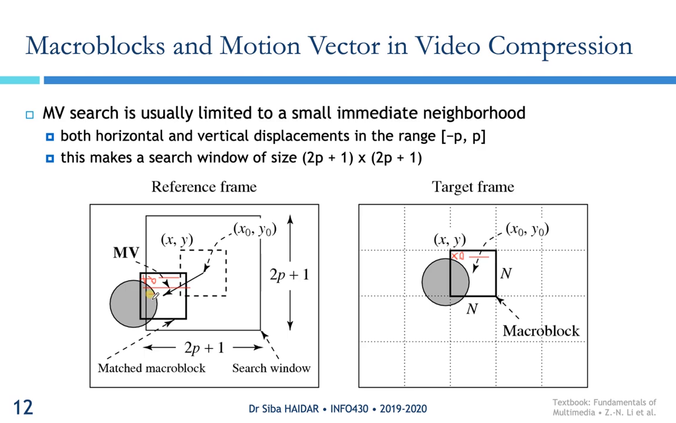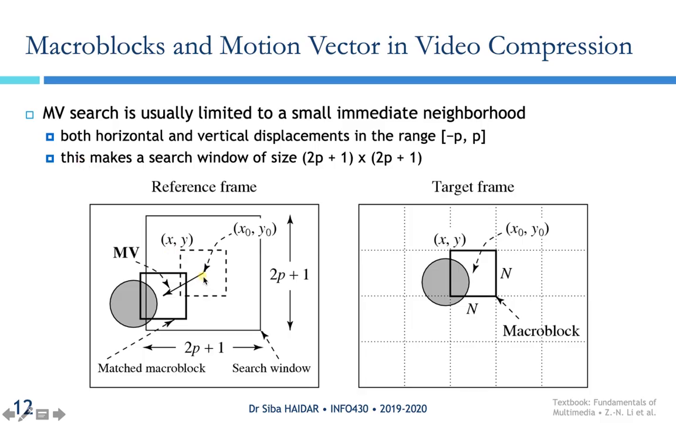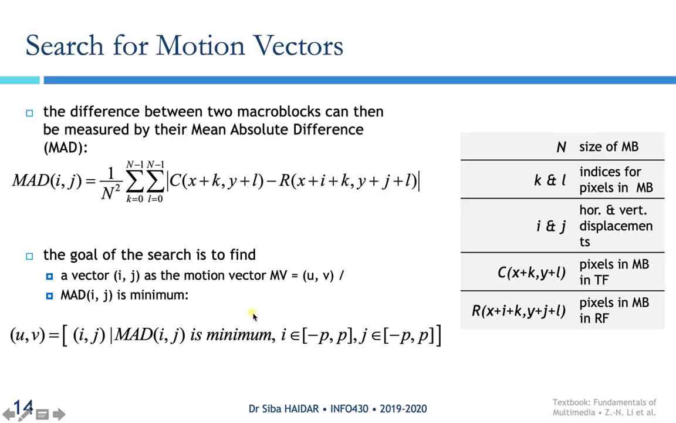So double summation, that's why we use double summation always, and in absolute value, and normalized by the size of the block. The goal of the search is to find a vector ij, so this is called MAD ij because the center here was not the same. Okay, here we have moved, this is ij, the coordinates here, and the goal here is to find the